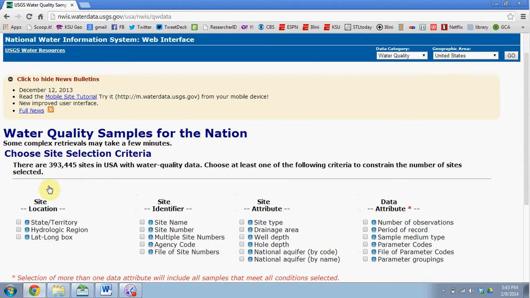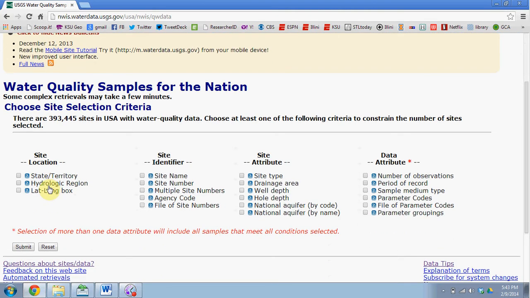And this takes us to a page where we can set up a search. There's a huge amount of data there. We don't want all of it by any means, and I think it'd be pretty difficult to get it to us. So we need to set up a search that allows us to sift through that data and get out what we need. There's a lot of options here. I encourage you to check those options out, but for the purposes of this tutorial, we're going to tell the web page that we want to search by site type and parameter codes. Once I've done that, click the submit button,